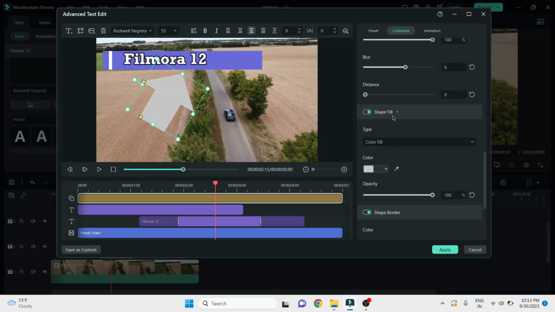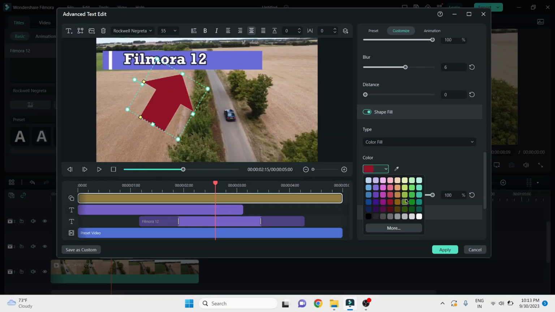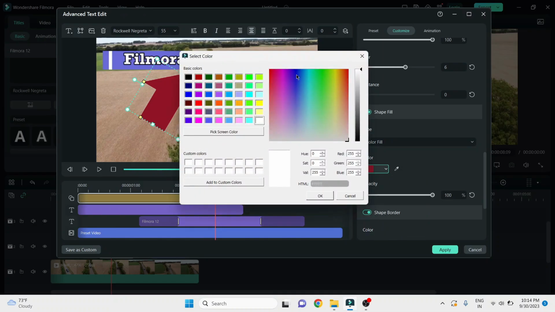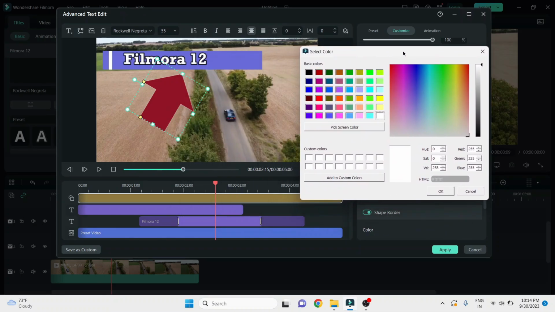So here you see shape fill. If I click on it, I can select any of the colors. And if you don't like any of these colors, you can simply click on this more option, and here you see we can set it according to our needs. For example, I just selected that and I can click on OK.